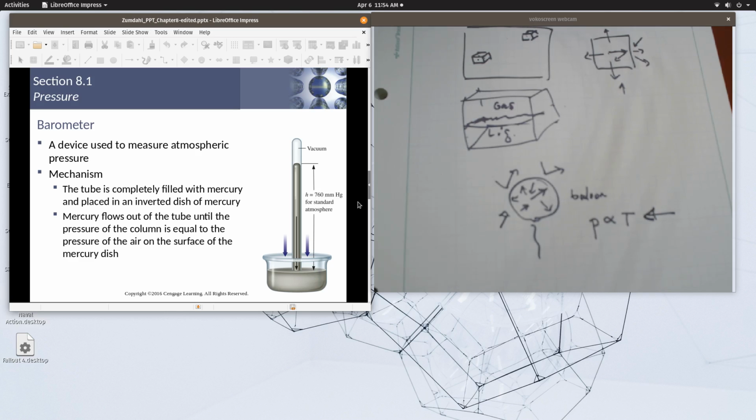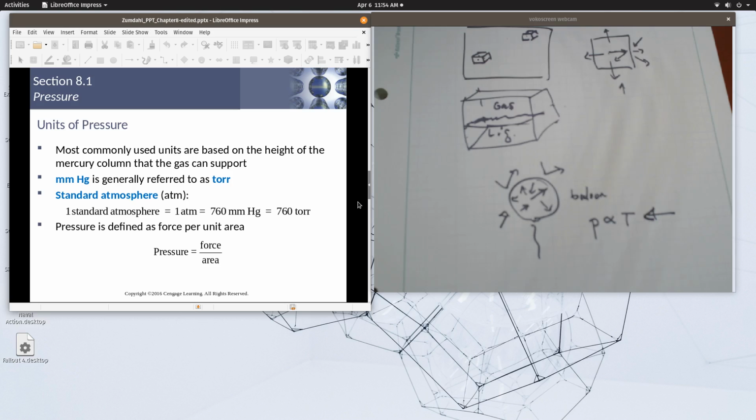Okay. Now you can make your own in ways. I'll show you how to do that. And this is the common way that we do this. One millimeter of mercury is also known as a torr, named after Torricelli, and one standard atmosphere,